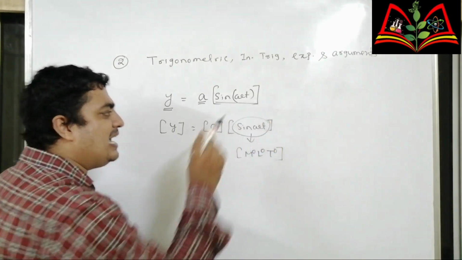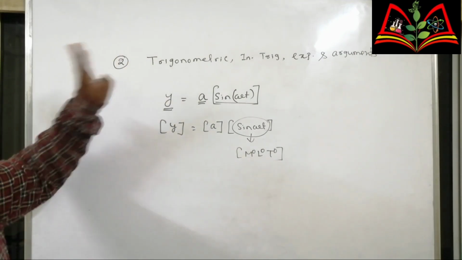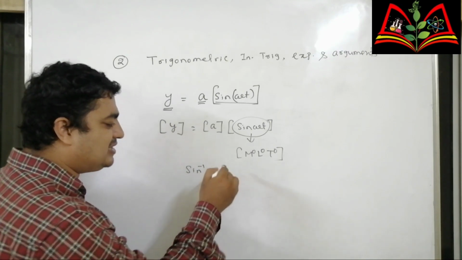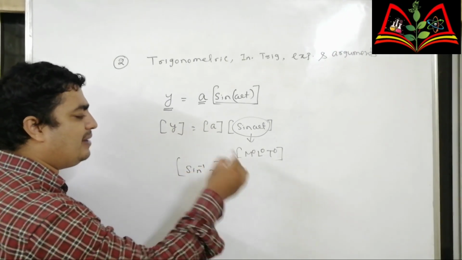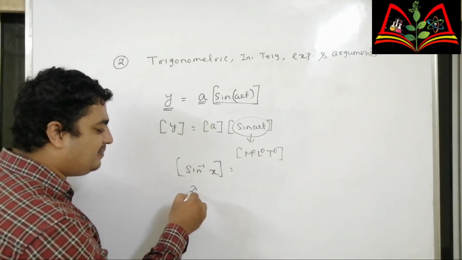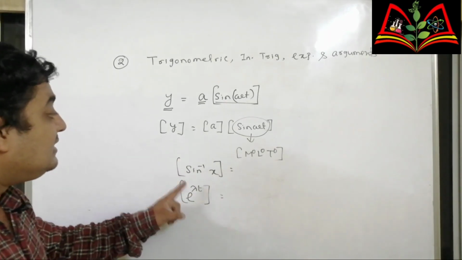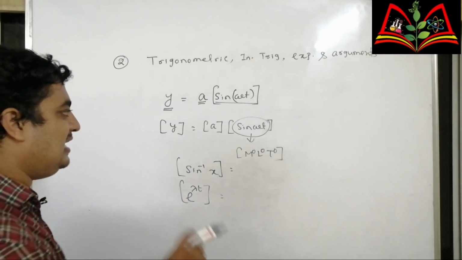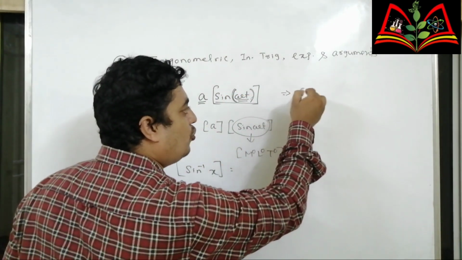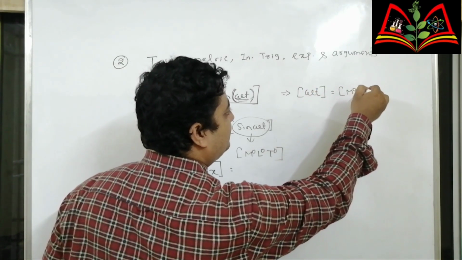These quantities sin omega t, cos omega t, sin theta, cos theta, they are always dimensionless. Like that, inverse trigonometric function sin inverse x लिखा हुआ है, it has no dimension. Like that, exponential function e to the power something लिखा है lambda t, it is dimensionless. Then their arguments is also dimensionless. Here we have taken sine of omega t, so we can write omega t is also dimensionless.